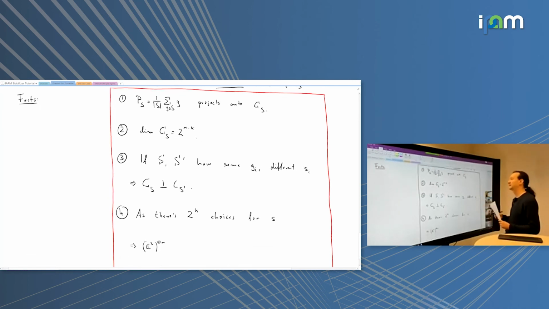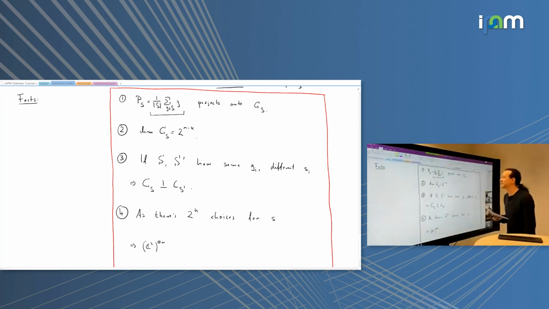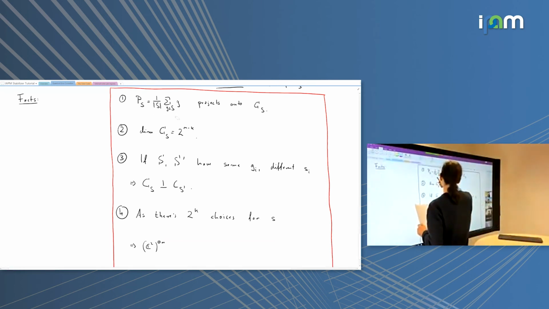All right, here are some facts. So first, if I have the group and I want to project and get the joint +1 eigenspace, what can I do? I can run MATLAB or whatever to find a joint diagonalization, but there's a more elegant way: if I just take the average of all elements in the group, then this, and you can easily compute that, true for every matrix group, is the projection onto the joint +1 eigenspace of all the elements of the group. So this projects onto CS, a way of explicitly getting the space from the group. I don't give a proof because it's a standard property of matrix groups.